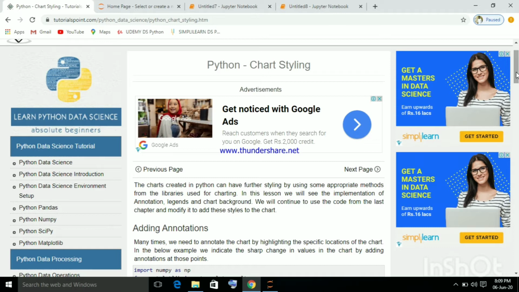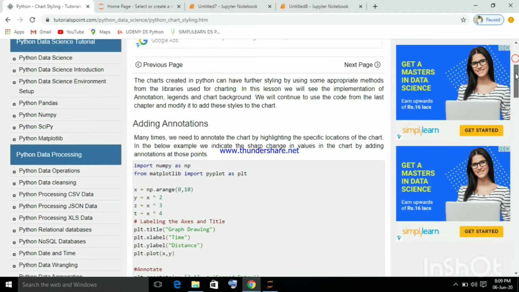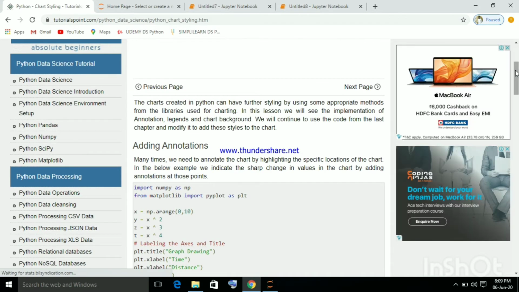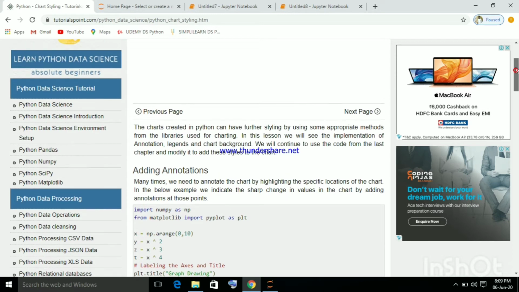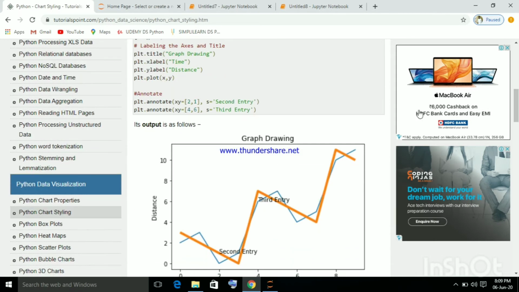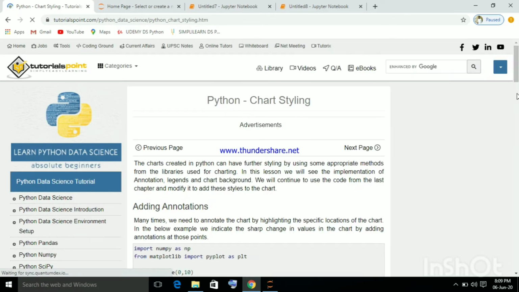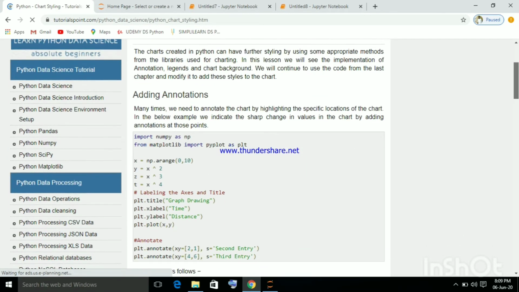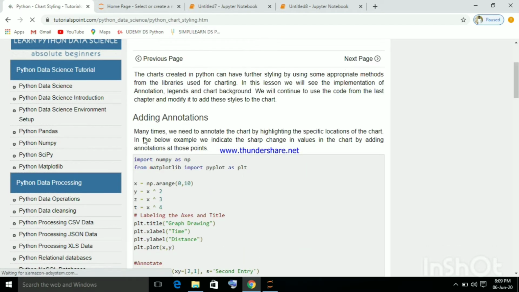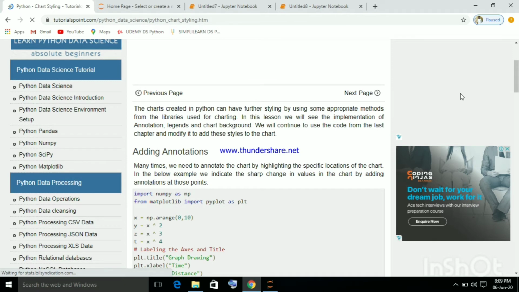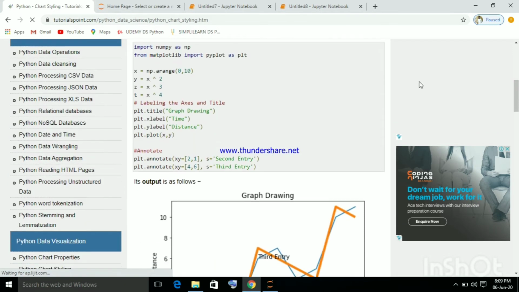Where do we get some data? Now I'm getting data from the Google site, Google Chrome. I've already opened the Google page, and in this I'm selecting chart styling. Chart styling is nothing but doing some analysis with respect to some alignment, some modification, or some specific task. Now this is the right program. I'm just copying this program from the site. That means I'm getting some data on the site. It is nothing but code.